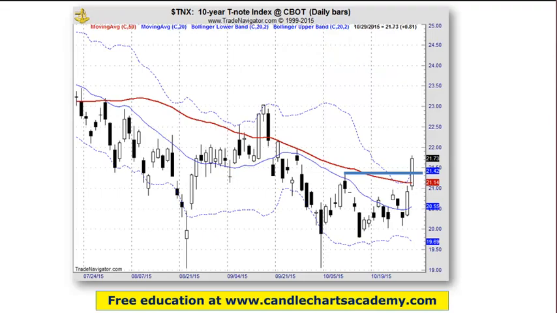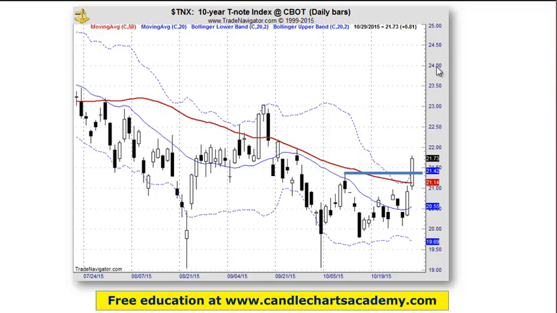So let's look at the 10-year note index. This is the CBOE 10-year Treasury note index. It's actually based on 10 times the yield to maturity on the most recently auctioned 10-year notes. And the thing to keep in mind with this is that as the price goes up of this, it's actually